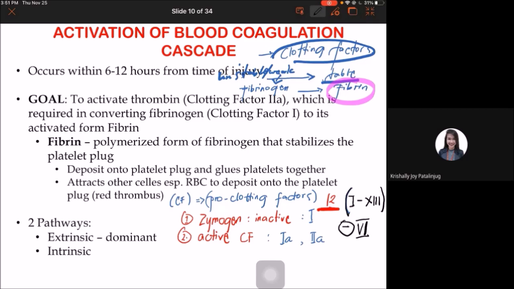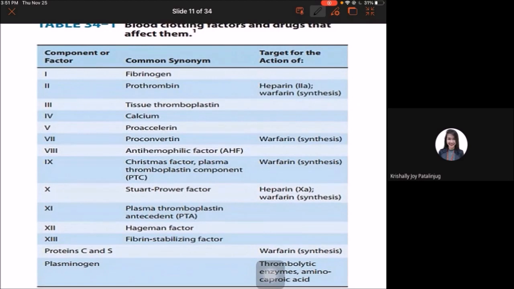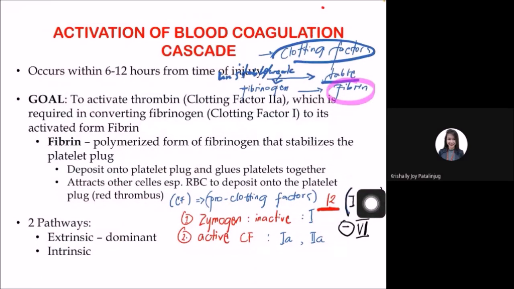So, as stated sa slide na to, ang goal ng coagulation cascade is to activate the clotting factor. Okay? The clotting factor, particularly clotting factor 2A. And clotting factor 2A is also known as thrombin. Okay? Yan yung goal. Kasi yung clotting factor 2A, yan yung requirement para mangyari itong